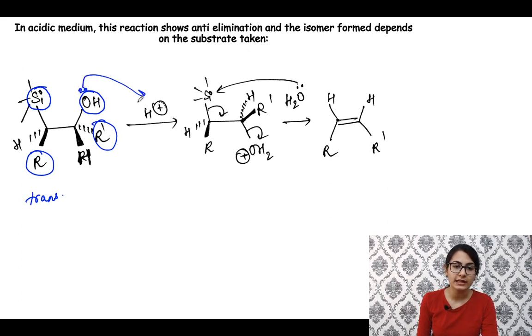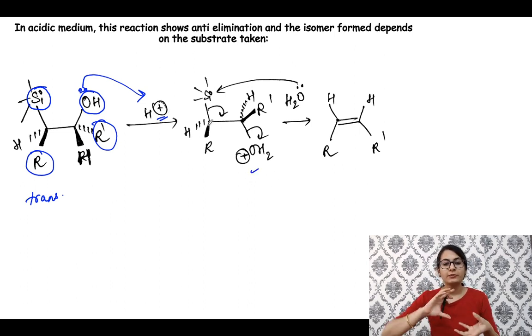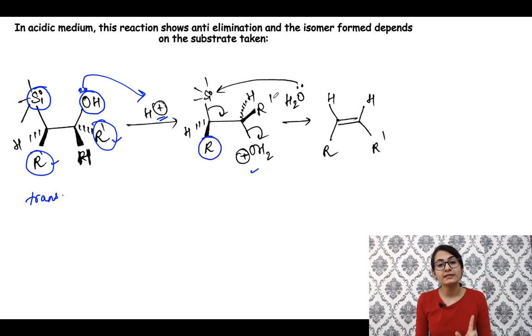Oxygen is going to again take up the proton, and it's going to form the hydronium ion. Because of the steric bulk, it is going to rotate, and when it rotates, the R and the R dash, which were opposite in the beginning, are going to come close to each other, on the same side. So basically both of these are above the plane of the paper, towards you. Both of the hydrogens are away from you. Okay, right. So this is what is going to happen.